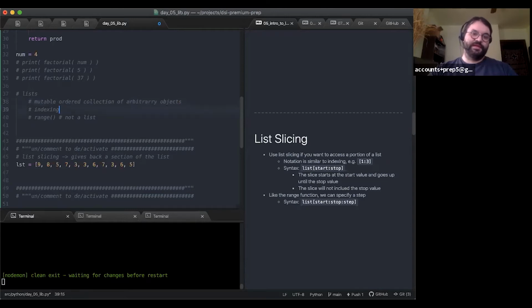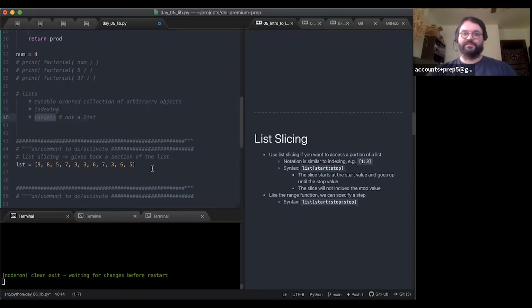We covered indexing and we covered ranges. So a range again is not a list, but when we get into loops, we'll see that they have a somewhat overlapping role. So we talk about them with lists because they kind of go hand in hand a little bit. Range technically is its own type.